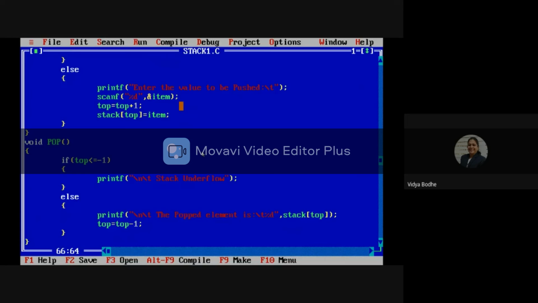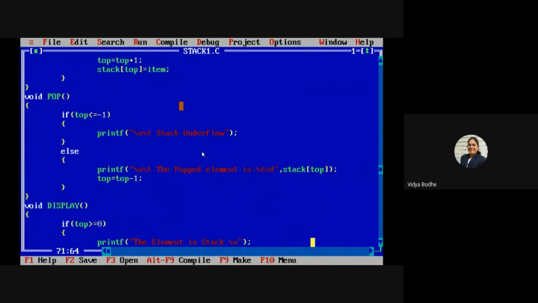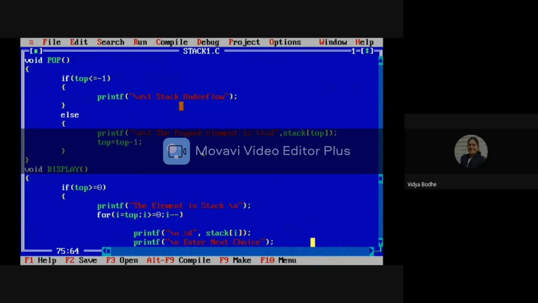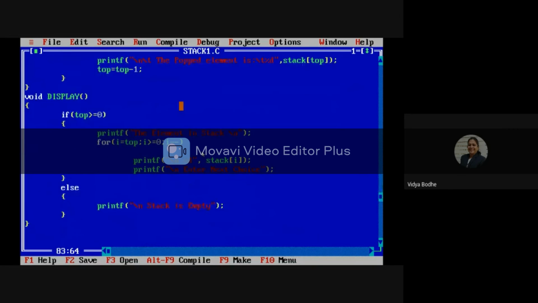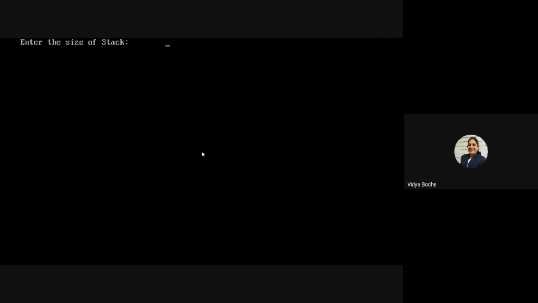Else we delete the element at the top of the stack, and top of the stack will be decreased by 1. At the end, we write the function for the display of the stack elements. Now I am going to execute this program.